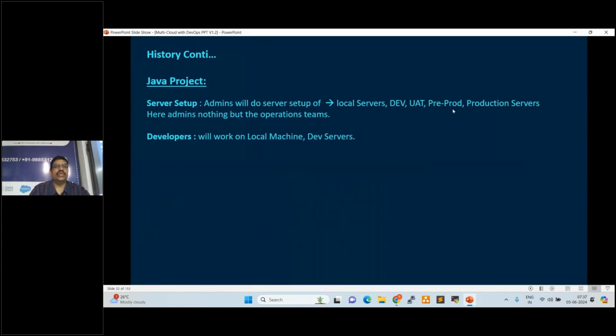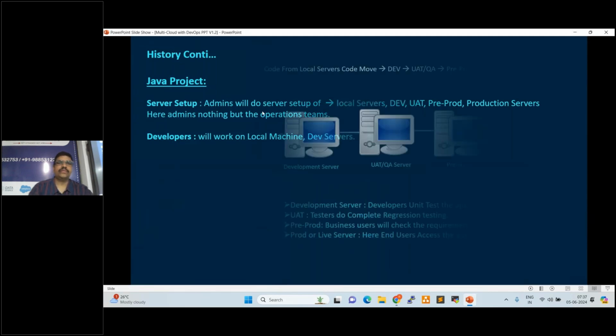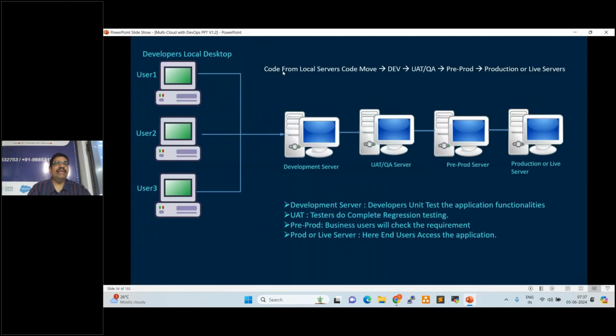Developers develop the code and admins prepare the servers. And what is our role as a DevOps engineer, as a cloud engineer? We automate the activities and work on infrastructure activities. See here, three developers are working on their local workspace.